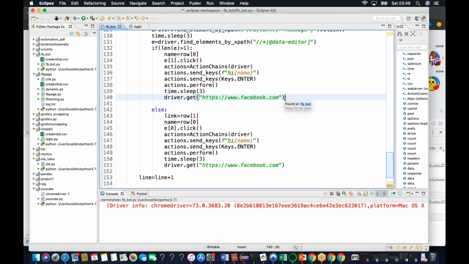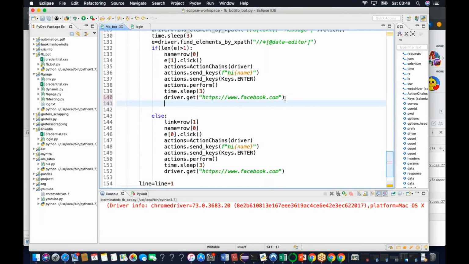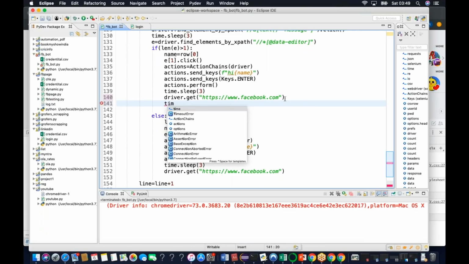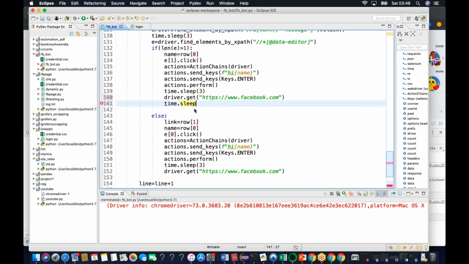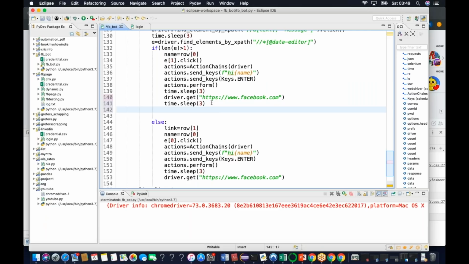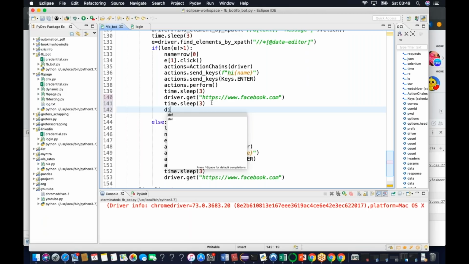But we can add something like time sleep just to create some additional delay, because Facebook will ban or restrict my account for maybe 24 hours or 48 hours if I do it like this. So it is better to put some delay. And then driver